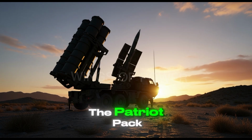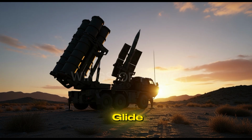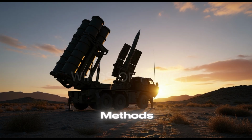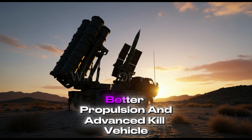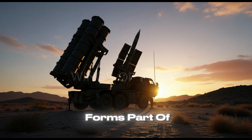The Patriot PAC-3 continues to evolve as new missile threats appear. Hypersonic glide vehicles and maneuvering re-entry vehicles challenge traditional interception methods. Engineers continue to research improved sensors, faster processing, better propulsion, and advanced kill vehicle technology. The PAC-3 forms part of this ongoing progression and remains one of the core tools for defending against high-speed airborne